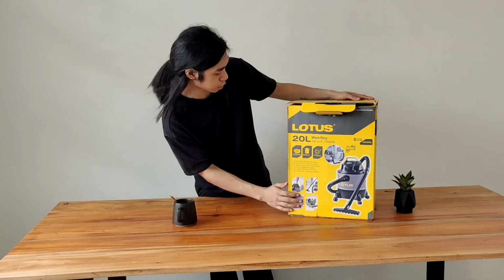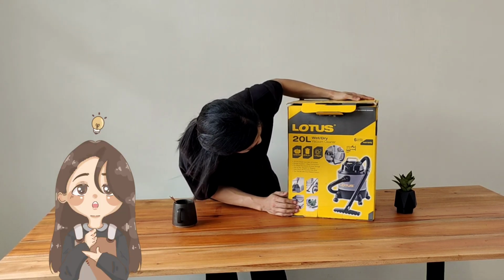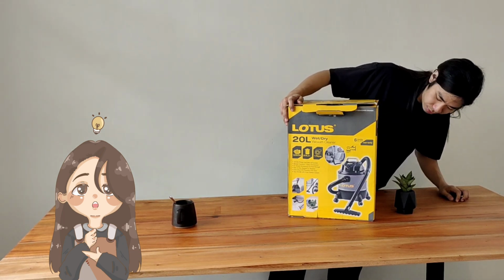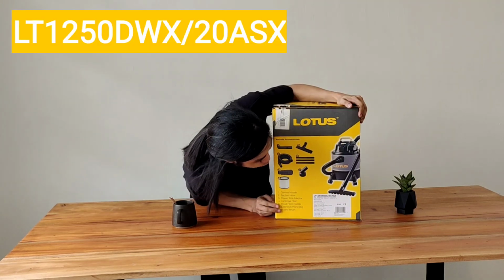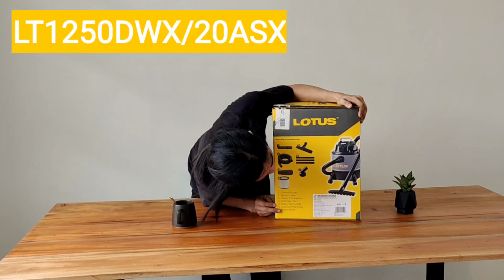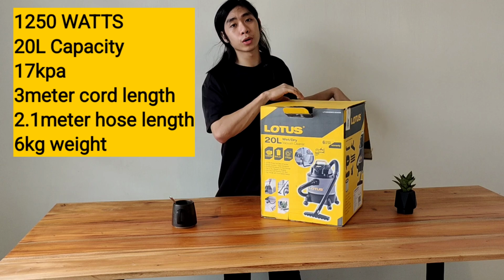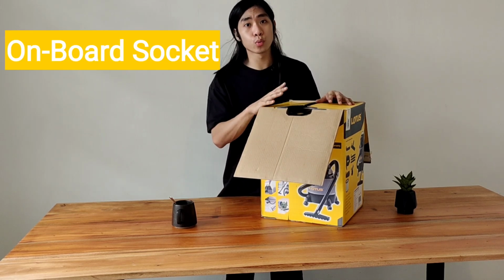What model? I cannot find the model. Oh, so this is the LT1250DWX/20ASX. So we're gonna do an unboxing, and from what I've been told, this has an onboard socket which you